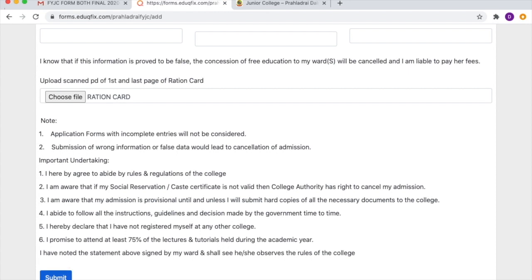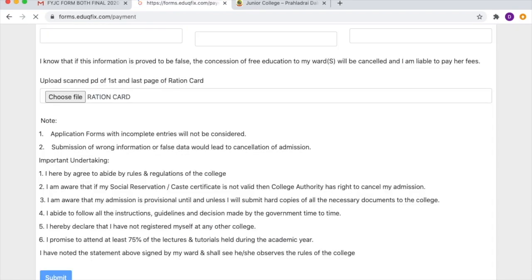Alright, done. So now I'll click on submit. See, it's blurred, so don't get confused. It will take some time and then it will be submitted and then it will direct you to make payment, because for this form you are supposed to pay 100 rupees. Maybe it can take longer than 1 minute also, as it's a heavy form. Due to the documents which we have uploaded, it will take some time. See, it has started processing.